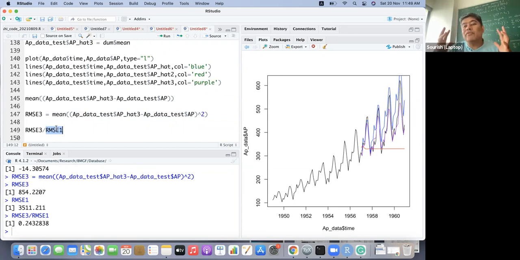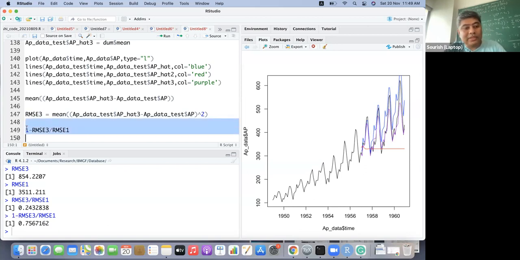RMSE means these are the variability the model cannot explain. Correct? So that means our ARIMA model is 75% better than the model that we built with a straight line and the Fourier transformations.